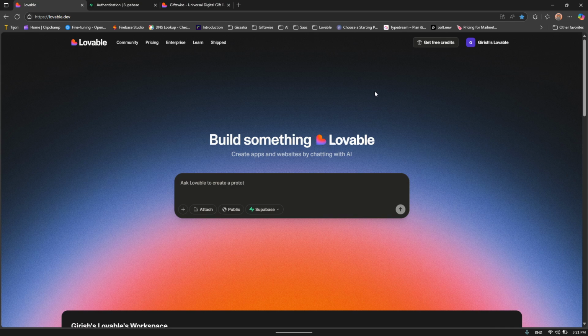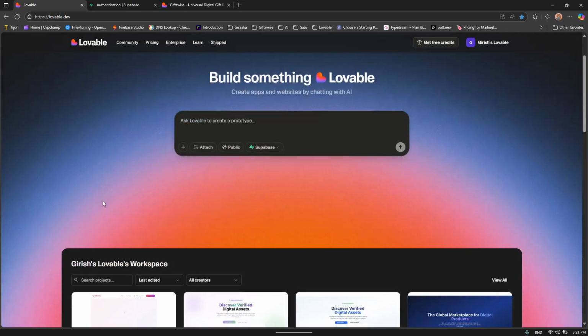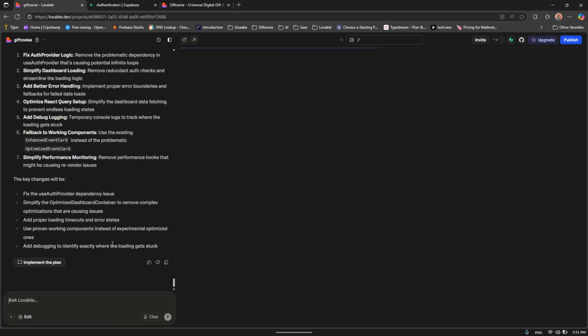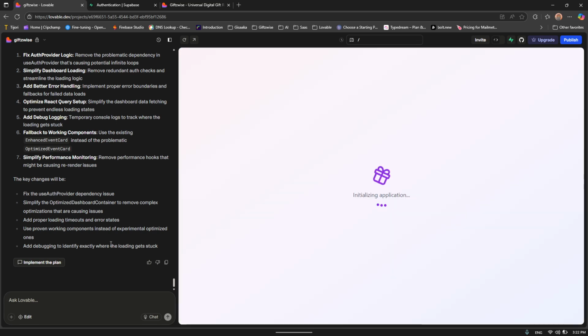Today we are going to see an application that I have built as a hobby. Right now it has been built and even published to the domain. The app name is called Giftzwise. Basically, the idea was an Indian wedding gift registry website where the bride and the bridegroom or